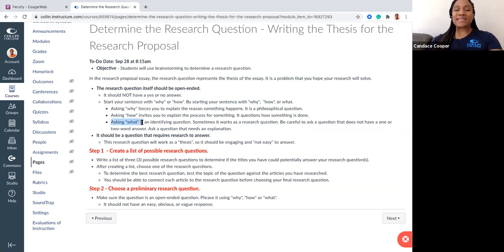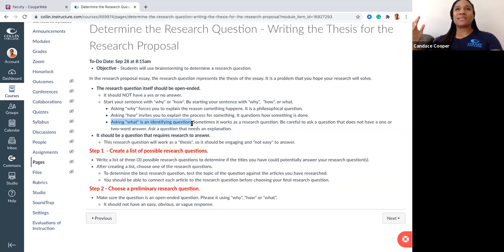You can ask a what question. And what is an identifying question? Again, look at this wall. If you ask, what is this behind me, then I have an answer for that. It's a wall. It doesn't take a lot of thought to think about what something is. So it's not going to be the strongest research question,